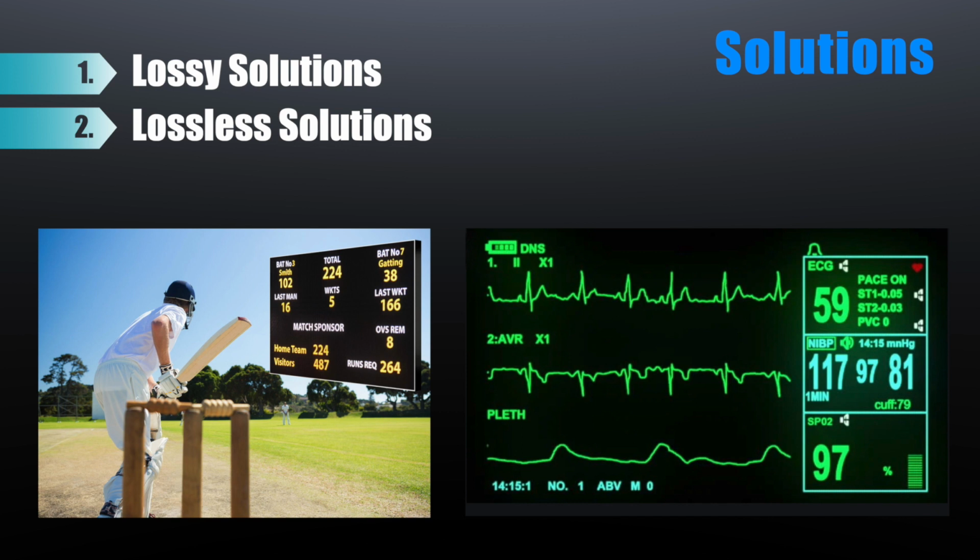One practical situation where you can use a lossy solution in your application is when your application needs to show cricket match data after a periodic time to the user. In that condition, the user is much more interested in getting the latest update of the match after a periodic time instead of getting each and every information element from the match. So in that particular situation, you can use a lossy solution.